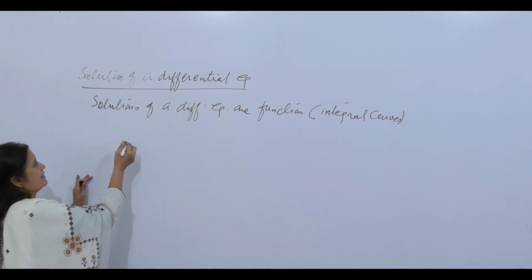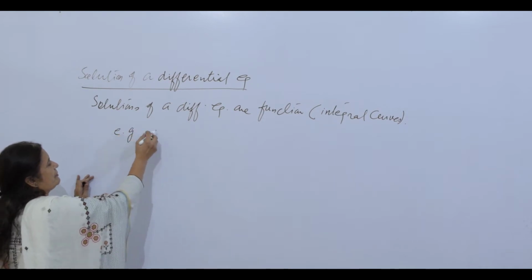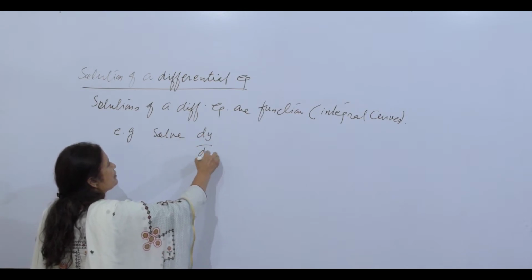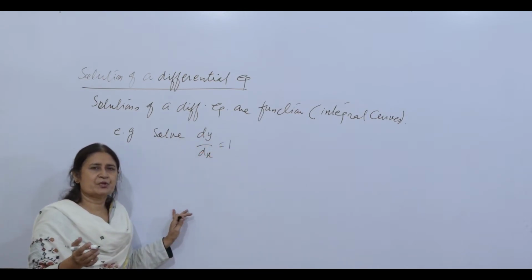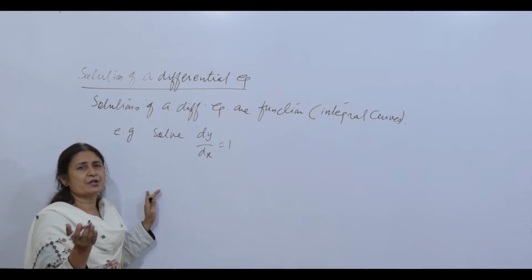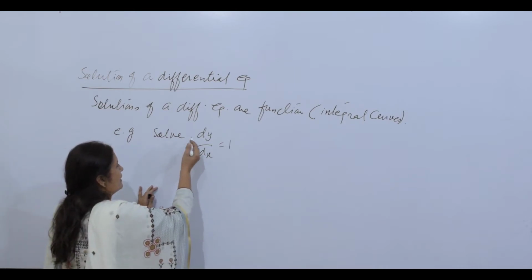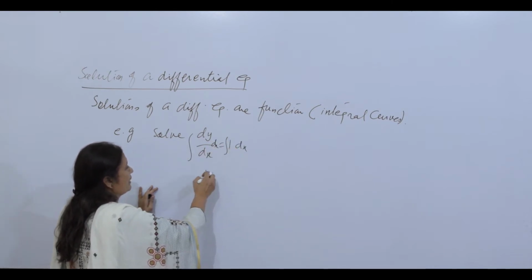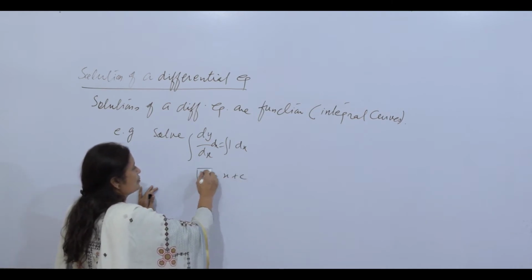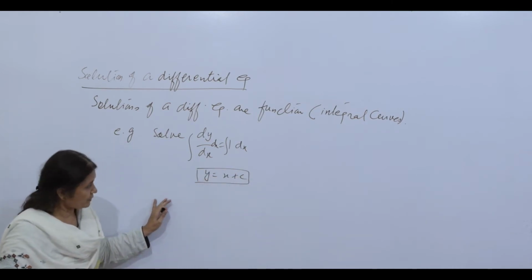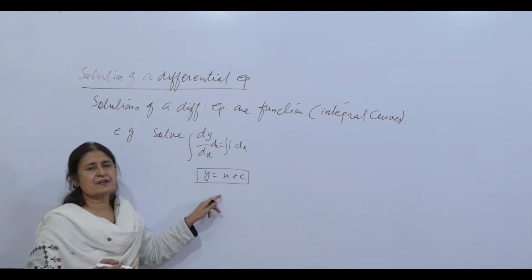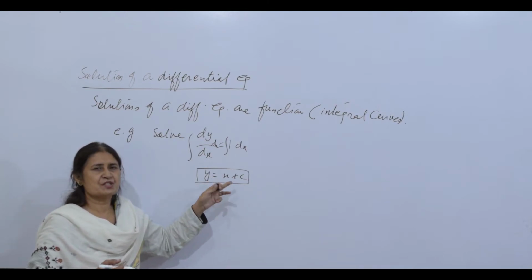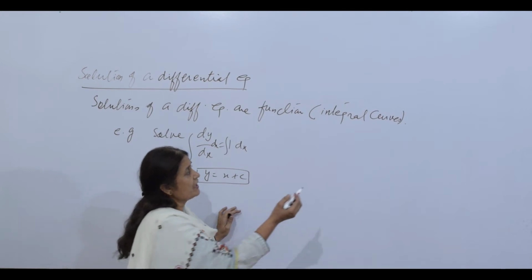So if you are solving a differential equation, for example, I have to solve dy by dx is equal to 1, which is a really simple differential equation. Everybody can solve it by integrating both sides with respect to x. So this becomes y is equal to x plus c. This is the general solution of the differential equation, which are curves where c is the y-intercept. If c is 0, this equation is y is equal to x. If c is 1, y is equal to x plus 1, and so forth.